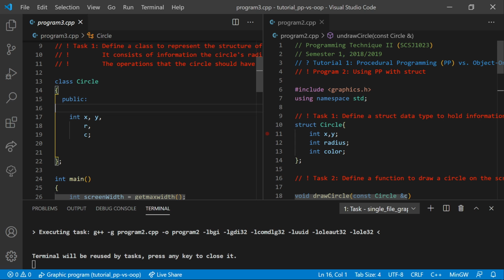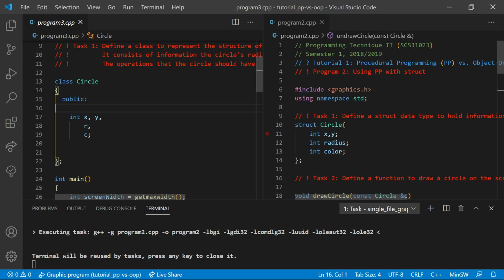In object-oriented programming, it serves the same purpose, but it goes beyond that, whereby besides putting together the data, we can also add functions to the struct, or in proper terms we call it a